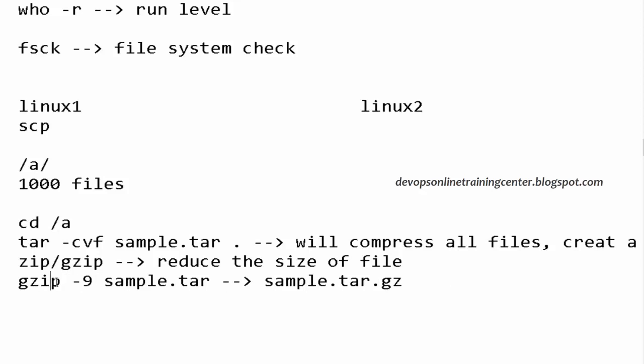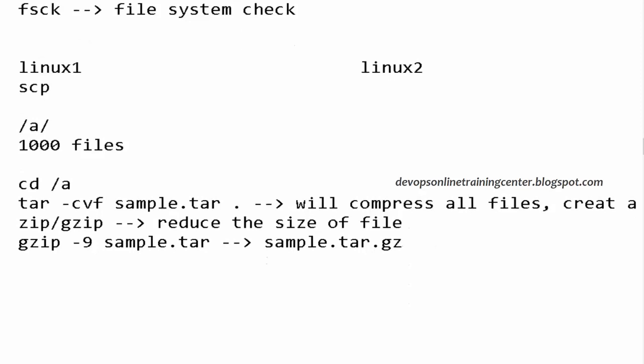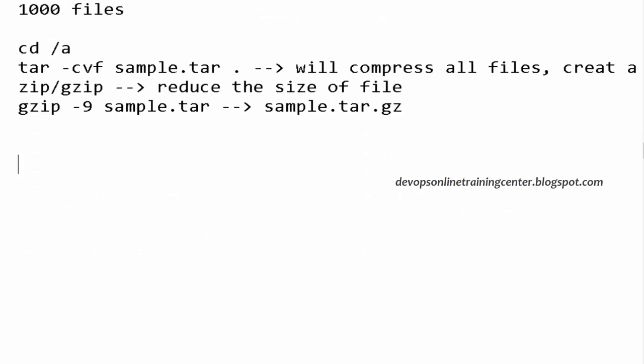Right? Now let us say from Windows 1 laptop you transfer to Windows 2 laptop, and it is zipped and it is compressed. Now what is the other way? We need to extract it, right? So this is on machine 1 and you did SCP and the file is copied to another machine. So you logged into another machine and there is a file called sample.tar.